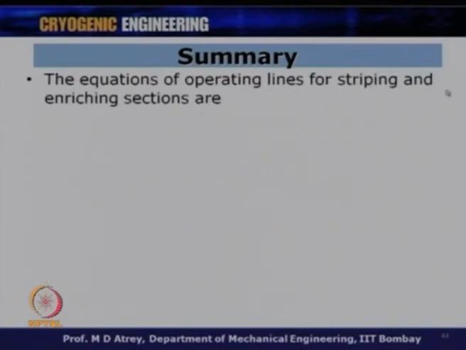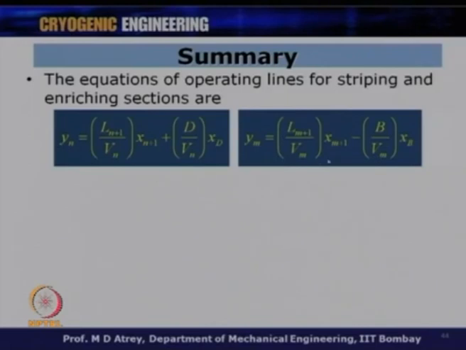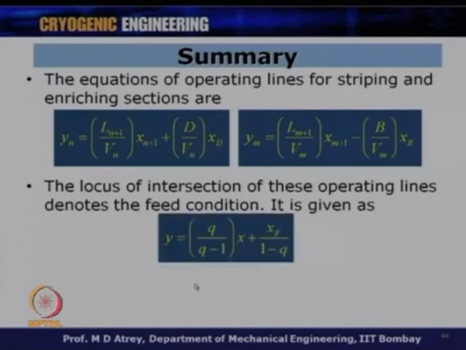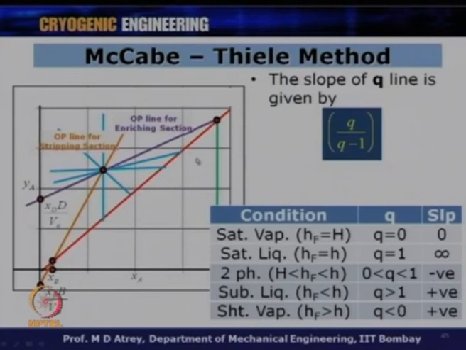The equations of the operating line for the stripping and enriching sections are this for the enriching section and this for the stripping section. The locus of intersection of these operating lines denotes the feed condition or the q line or the feed line. It is given as this, which denotes the equation for the q line or the feed line, and the point of intersection of the feed line or q line and y is equal to x gives the liquid content of a component in the feed, xf, which is what we just saw in the last 2 slides. And this is our graphical representation of all the 3 lines, and this is the slope of the line, and this is what we understood. Depending on the feed conditions, you have got various values of HF, which determines the value